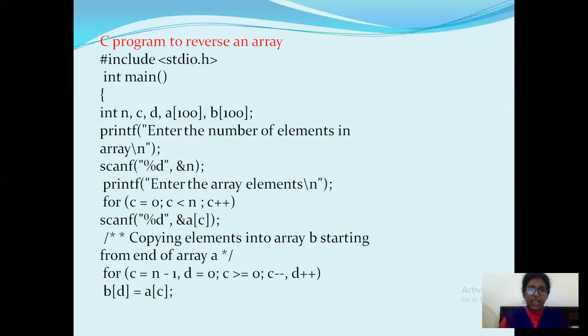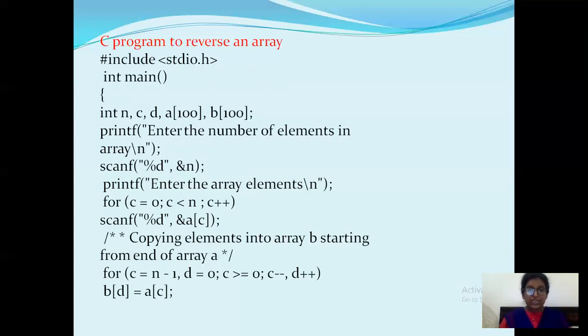Now see how to reverse an array. You require an array here. Okay, how to read an array? Array will be read by using the scanf function. Then now see, you need to reverse the elements. For that you require another array called B. You require first an array A. If your elements are 10, 20, 30, 40 and 50, now you need to reverse those elements to 50, 40, 30, 20 and 10. For that you require another array called B, and a variable called D for your position values. So D is nothing but your position value, B is your array now.